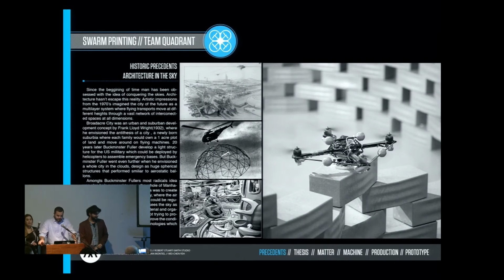During the 70s, architects envisioned the city of the future as a multi-layer system where flying transportation moved at different heights through a vast network of interconnected spaces at all dimensions. The Broadacre City by Frank Lloyd Wright envisioned suburban spaces where people would travel in personal helicopters. Later, Buckminster Fuller developed a way to deploy geodesic domes for army compounds. And most recently, the Flight Assembled Architecture installation by Gramazio and Kohler shows the potential of using distributed systems in